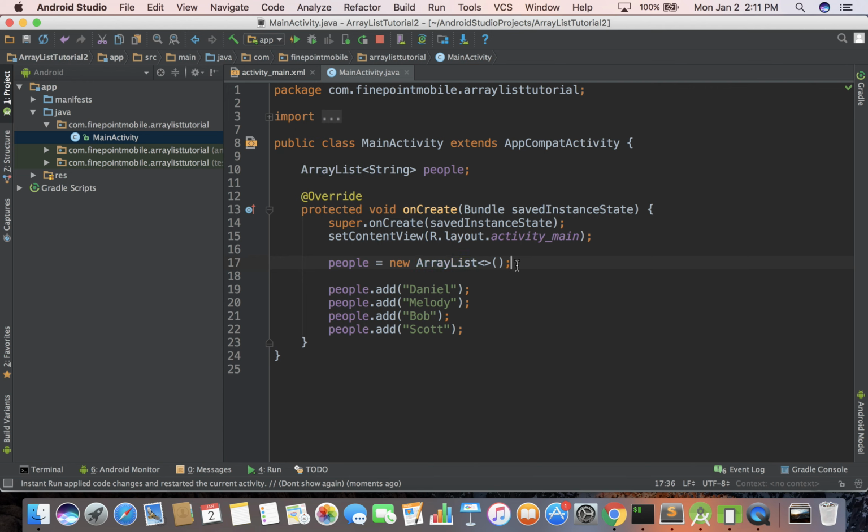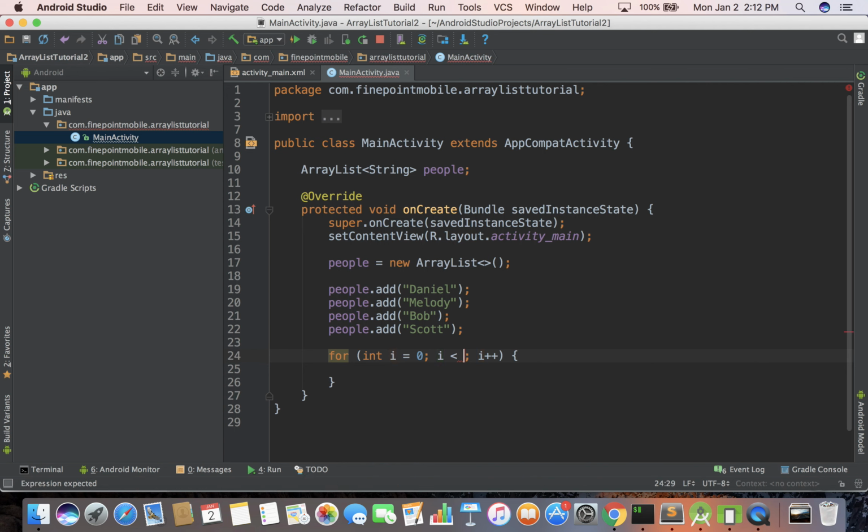If I remove this line right here, it would not work, it would crash. So now let's do something else. Let's type ForI, and this is a little code template in Android Studio. So I just type ForI, then enter, and it's going to select I. We'll get into loops a little bit later, but not yet. But just to show you that we can actually do something, we'll do